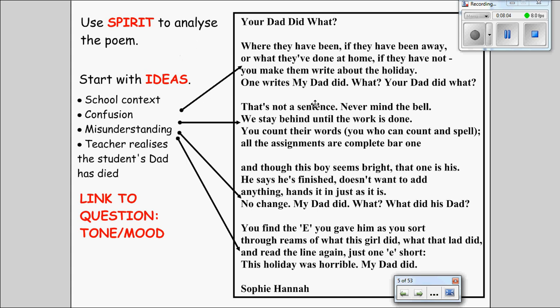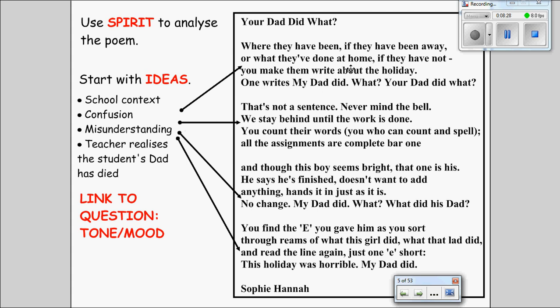So in the exam, you're writing things down in the poem, you're underlining, you're highlighting anything that you need or you think is useful. It's a good idea to always start with ideas, because that's the thing that you need to understand first of all. So what are the ideas in this poem? So if we look at each stanza, we can find out different ideas that we've learned.